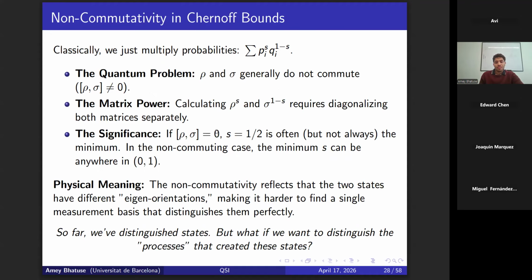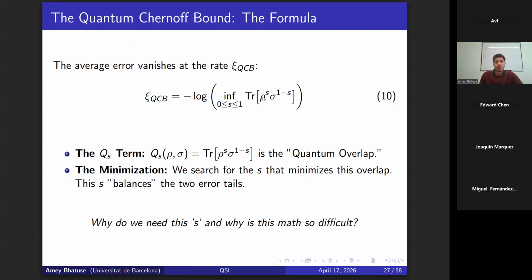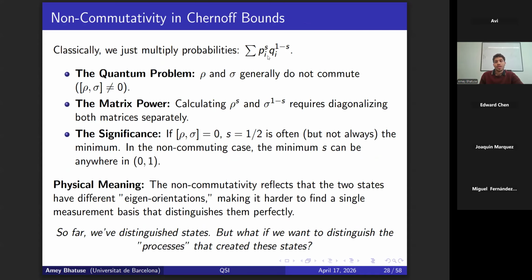So classically, if we had, rather than quantum states, let's say we had probabilities P1 and Q1, Qi, then it would have been... and so calculating these two quantities is diagonalizing these matrices, and also like how they have this kind of special case, but they're not always